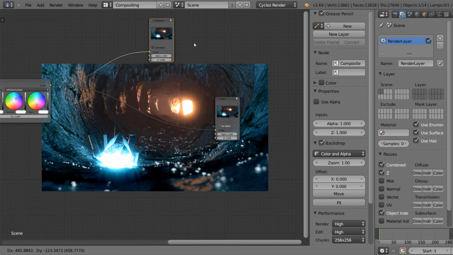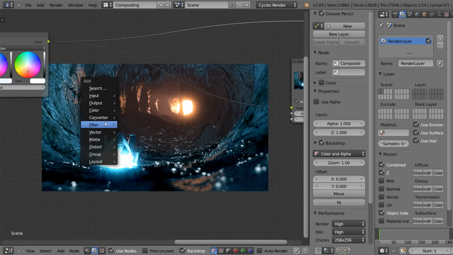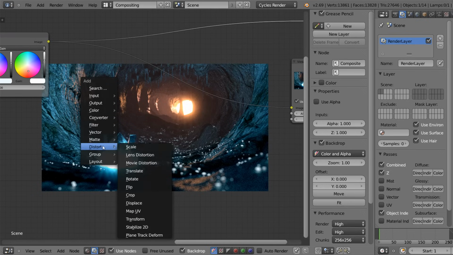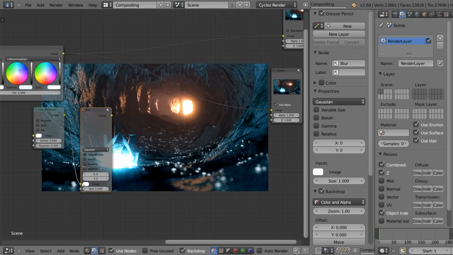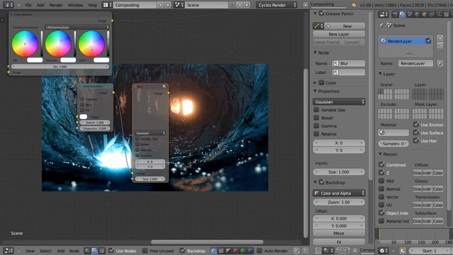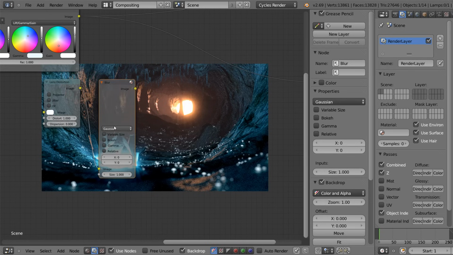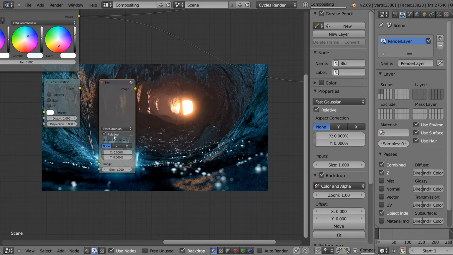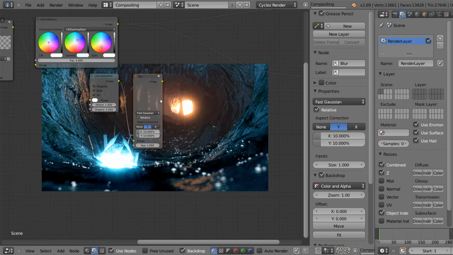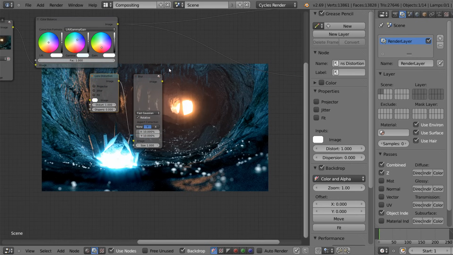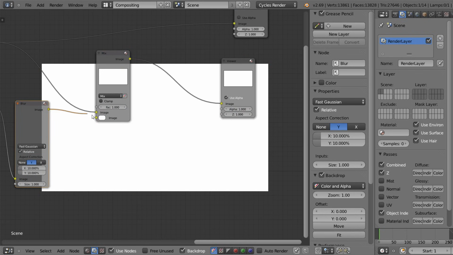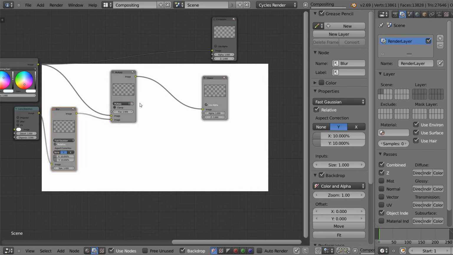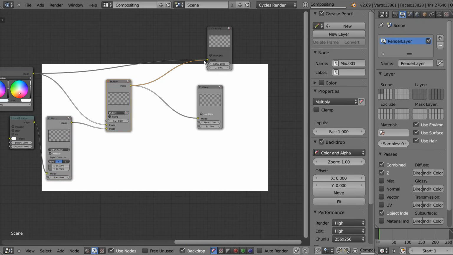What I'm going to do finally though is of course add in a nice happy vignette. The way we do that is a lens distortion with a blur node. We connect the two like this, distort 100, set to 1, and then blur, set this to fast Gaussian, relative, and then Y, I'll just set this to 10%. This distortion, you actually don't need to connect to anything. And if we just set this to mix, and then set this into the bottom input, and then set this to multiply, then now this will act as